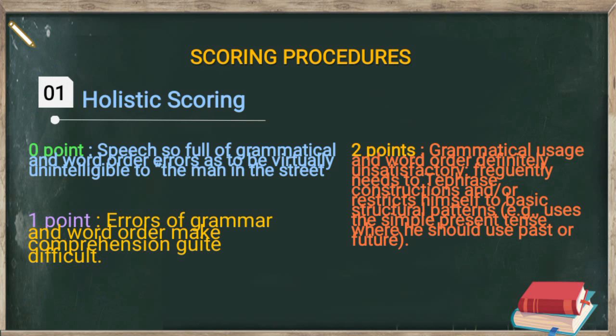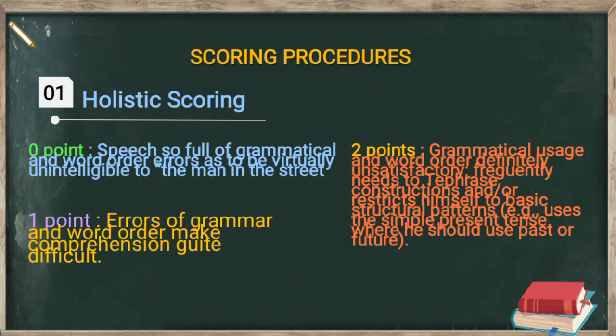Now is about scoring procedure. On a speaking test, getting the student to say something appropriate is only half the job. Scoring the test is equally challenging. In fact, the complex task of scoring a written composition is the only thing that matches the challenge of scoring a speaking test. Yet, there are ways to simplify the scoring.